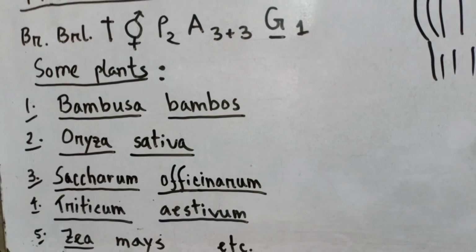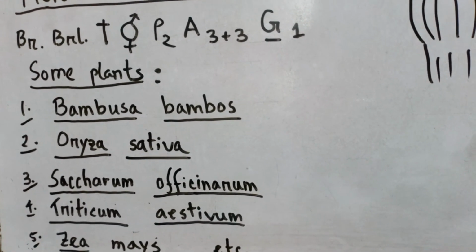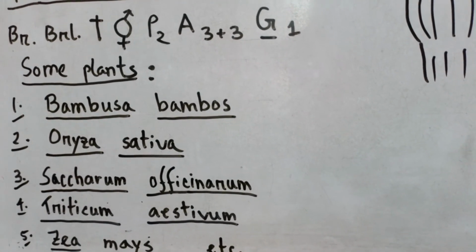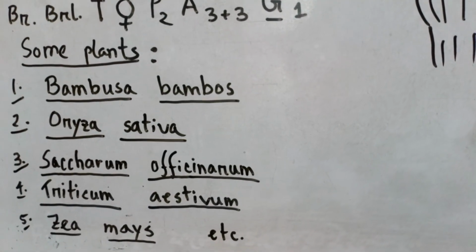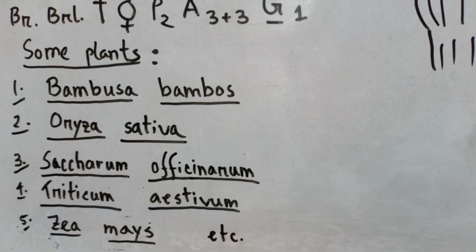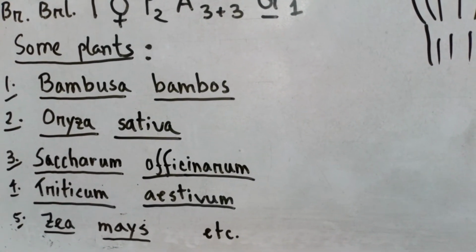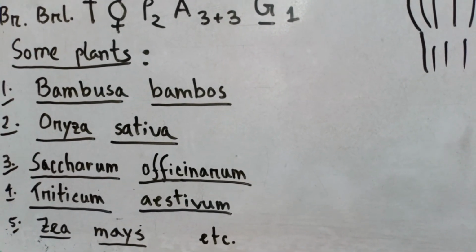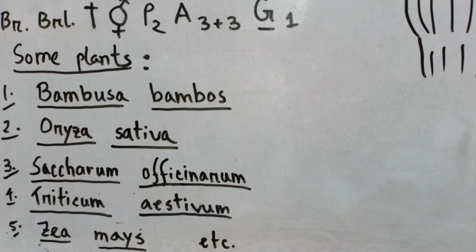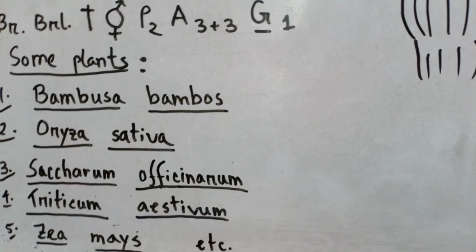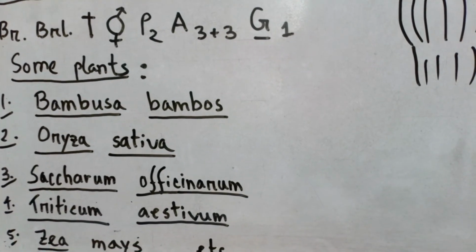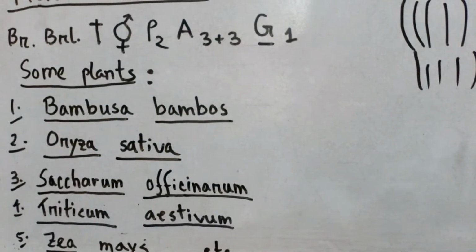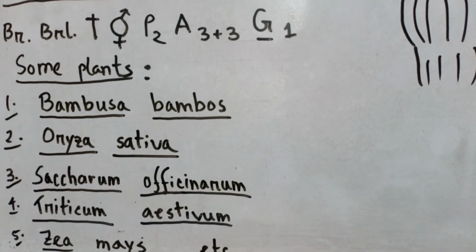There are some other plants included in this family which have many important roles, like lemongrass and Phragmites karka. So just learn some of the scientific names from this family, because sometimes in your exam the question comes in this way, that you have to write down scientific names of some important plants. And if you have to write down the economic importance of the family, it is better if you write down some scientific names and then mention the importance of that plant.